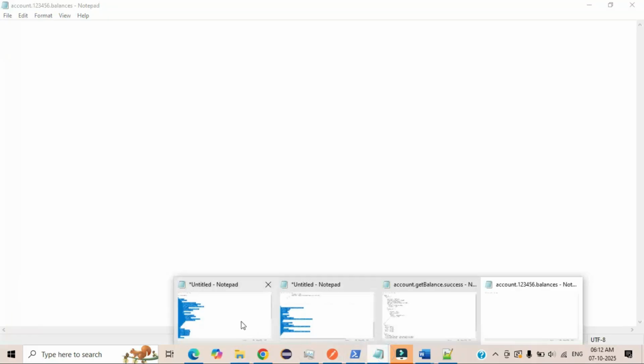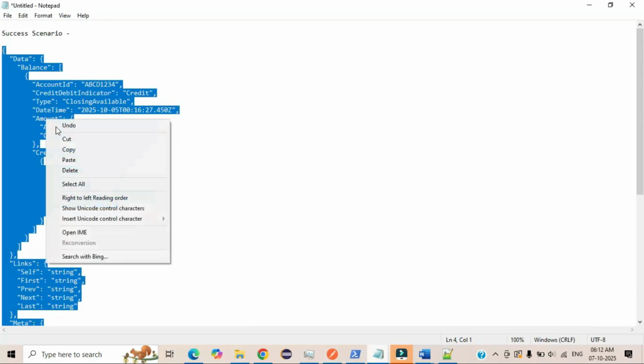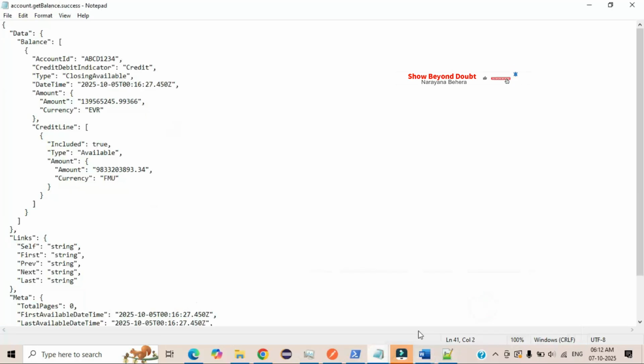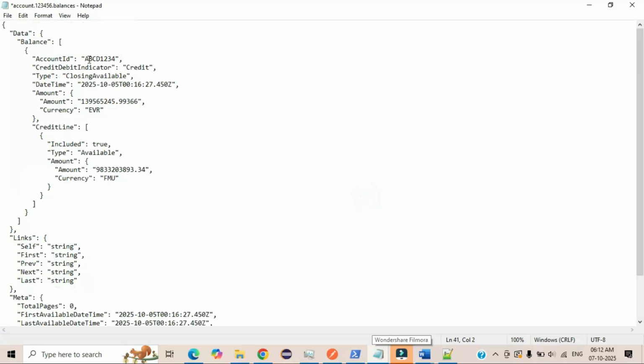This particular file will be used for account ID 1 2 3 4. So what I need to do here, for quick time being, let me copy this value and go through this file, right. So this account ID, let me modify this one to 1 2 3 4 5 6. This is one sample. Okay, so either you can use this value or a different value, it depends on you. So let me close this one.